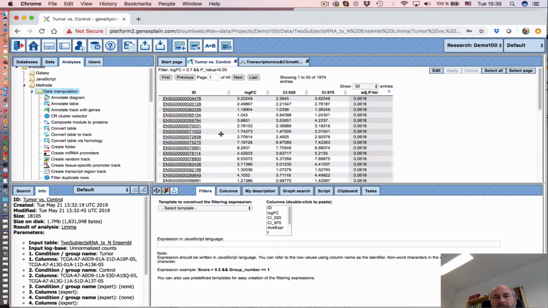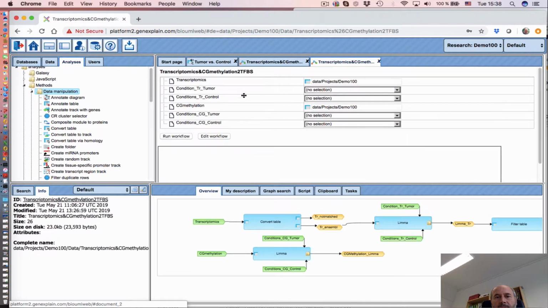So then if it's good enough, so we have 1,900 genes. So it's a good set of genes to analyze them further, so we can actually return to our workflow,